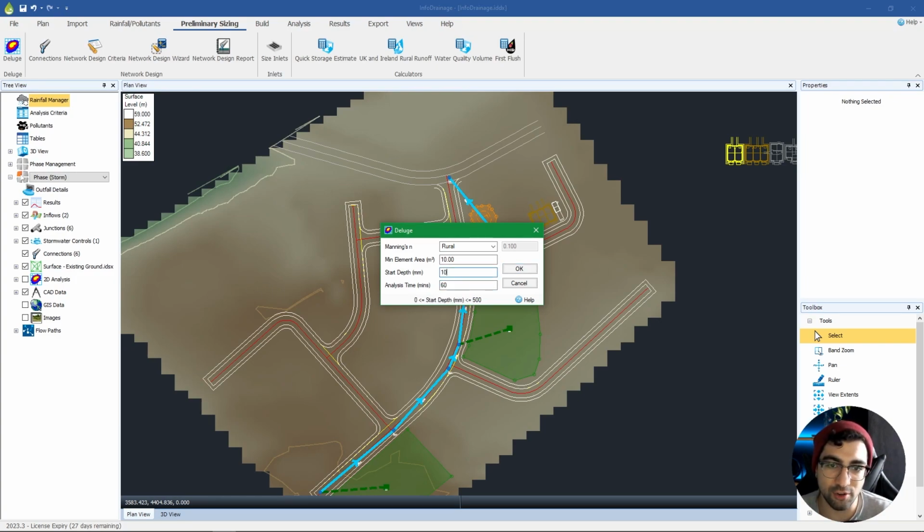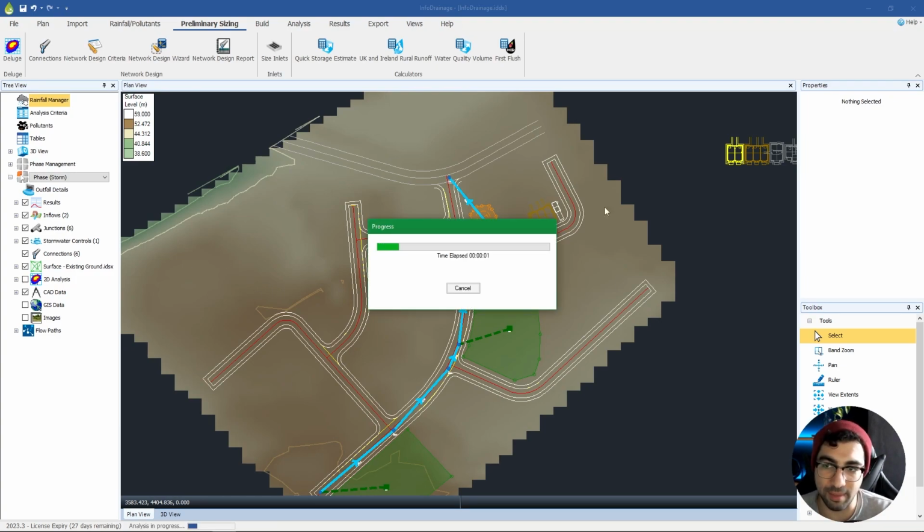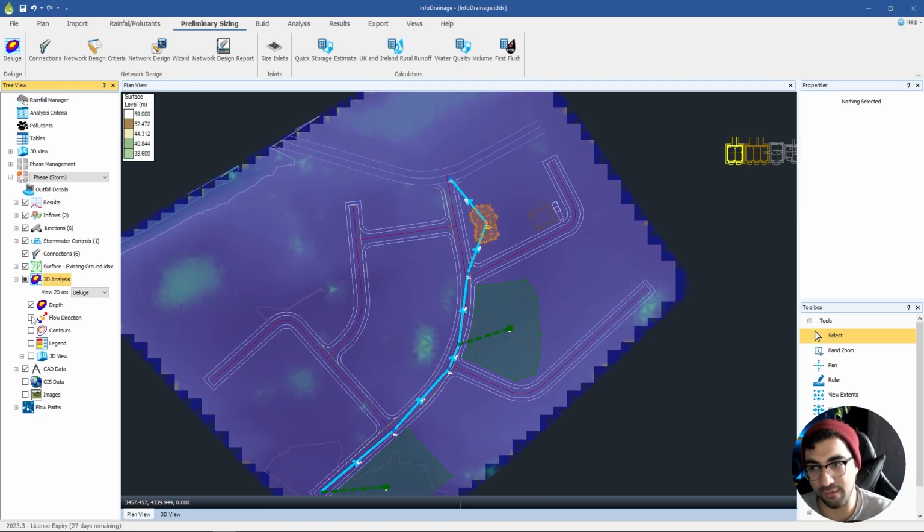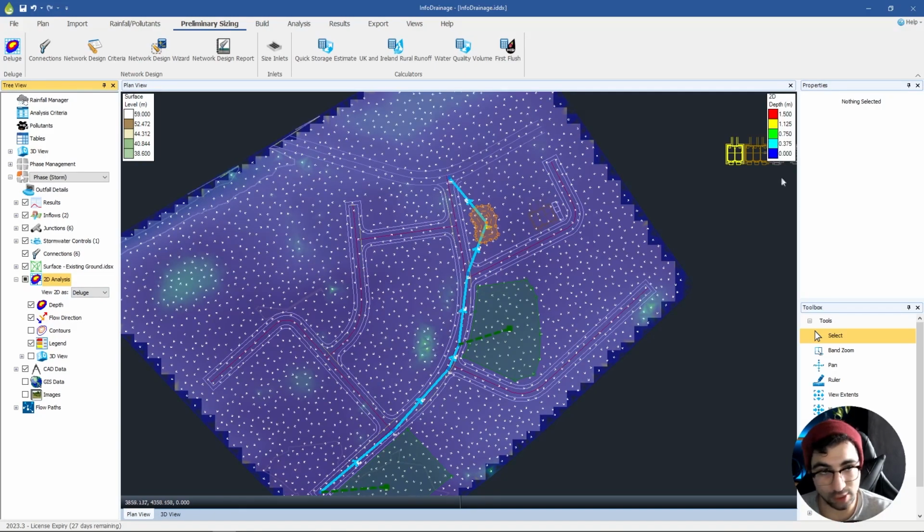So if I do, let's say 100 mil and hit OK, it will build the mesh. Now nothing appeared on my screen. That's because it's in the tree view. If I go to tree view, to the analysis, expand it, view 2D as deluge, and click on the depth and flow directions and the legend as well, so I can understand this better,